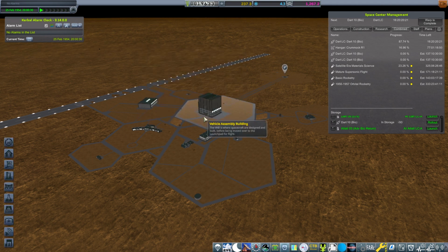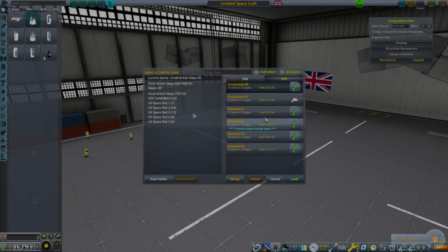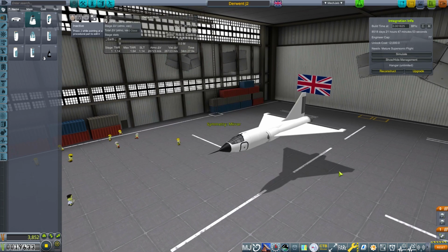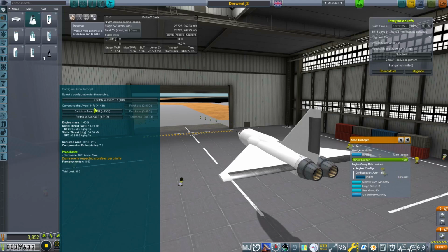So while that's being built, you know what? That's going to be finished in 77 days. We're going to put another craft in, and we're going to build that as well, because I just feel like it. I think it's a good option. So let's put a better jet in, I think. So we're going to choose the Derwent J2. I believe this is okay. What have we got here? We have engines that are...